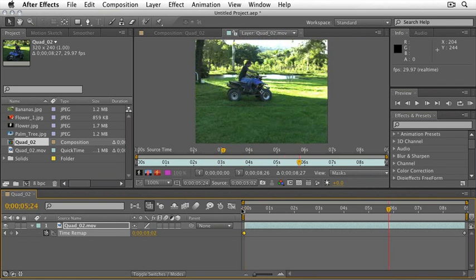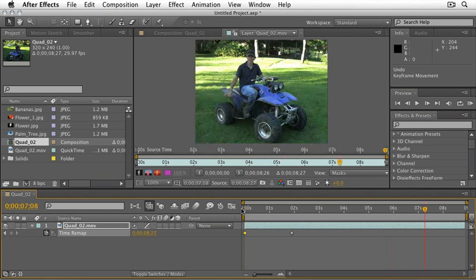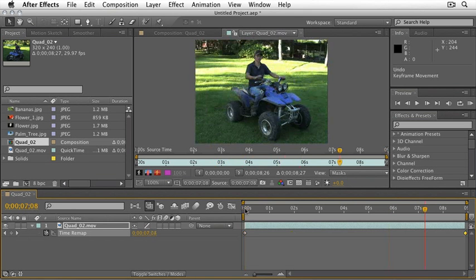And there you go. I'm going to go ahead and undo that. Control or Command Z. And of course, I can make this just go slow, but what is more important, I can speed ramp this. Speed ramping is when it starts slow and then it goes gradually faster and faster and faster, or the opposite,